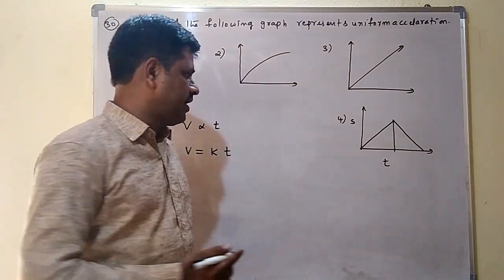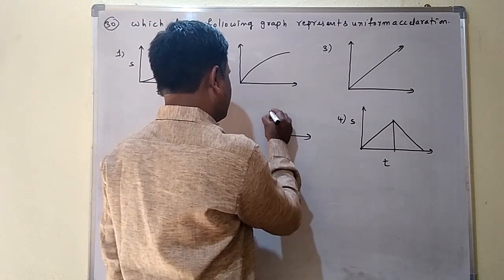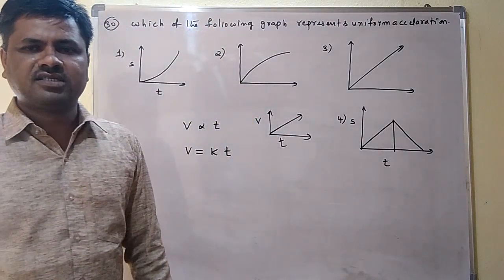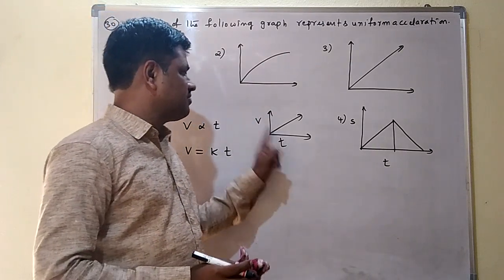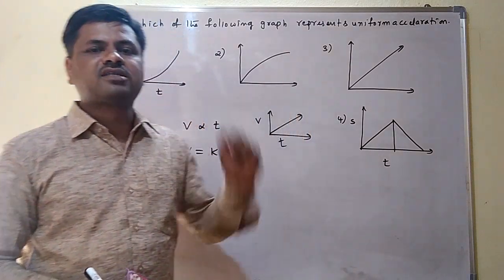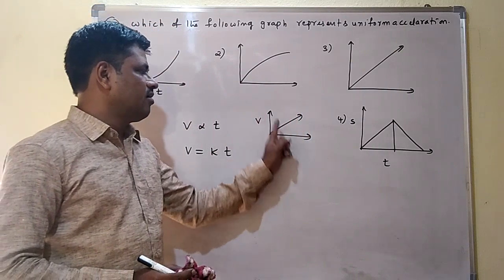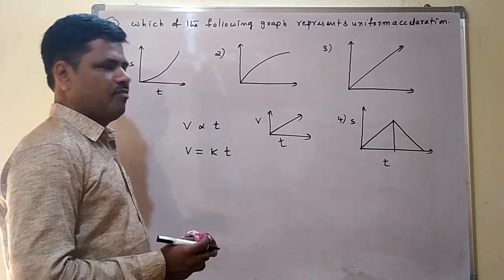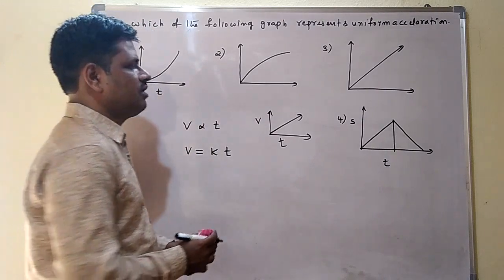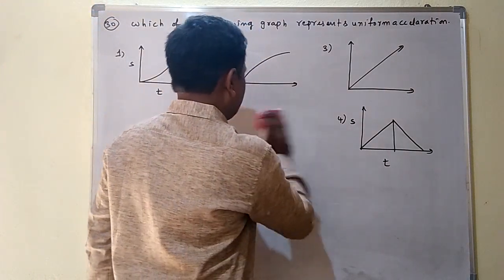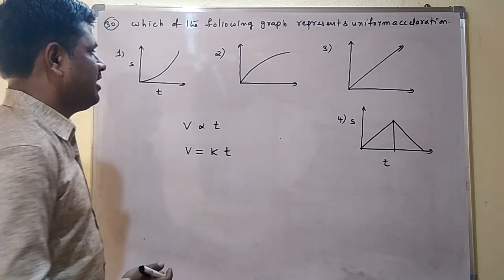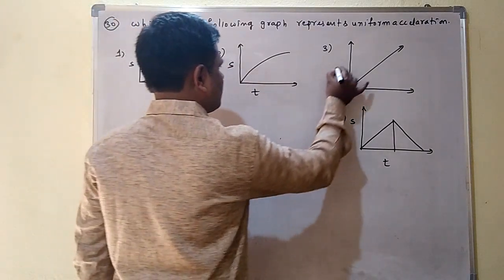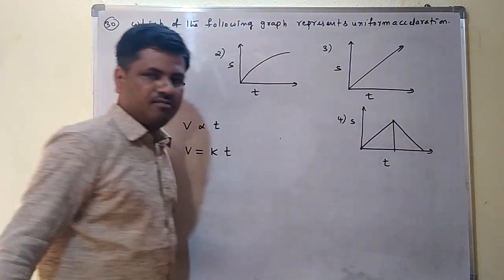Velocity and time, when we draw the graph, we can get a straight line in the uniform acceleration. Here velocity is not a constant. Velocity changes with the time, but it changes constantly here. So when drawing the graph between these two, we are getting a straight line. So that's the reason v is directly proportional to t. Here v is equal to k into t we are getting. So from this v is equal to kt, but they are asking st graph. These all are st graphs only.